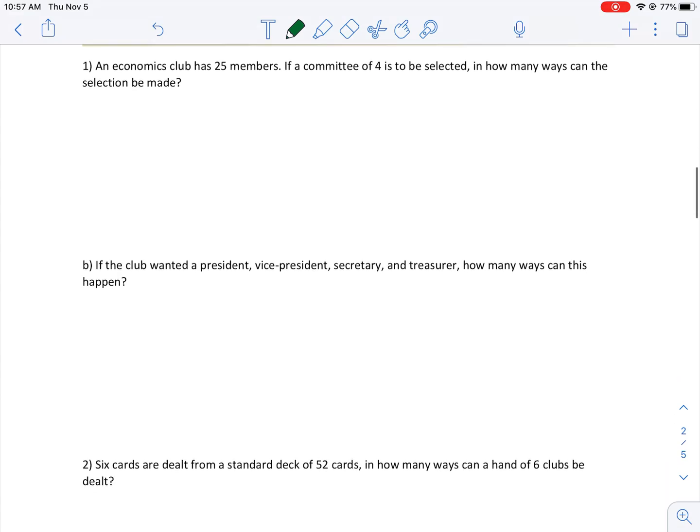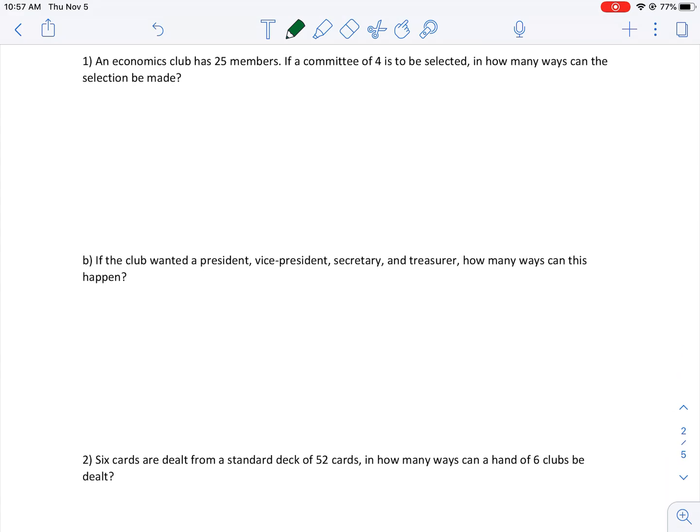An economics club has 25 members. If a committee of 4 is to be selected, in how many ways can the selection be made? All right, so what we were looking for is a committee of 4. And my claim is that this is a combination